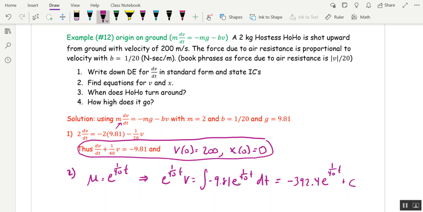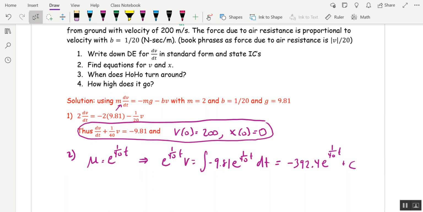If your homework asks for final answers to 2 decimals, the rule is: if you want 2 decimals in your final answer, then for your intermediate calculations you carry twice that many decimals. So if there were 4 decimals here to carry, I would be carrying 4 decimals. All right, and so now divide both sides by mu to get V equals negative 392.4